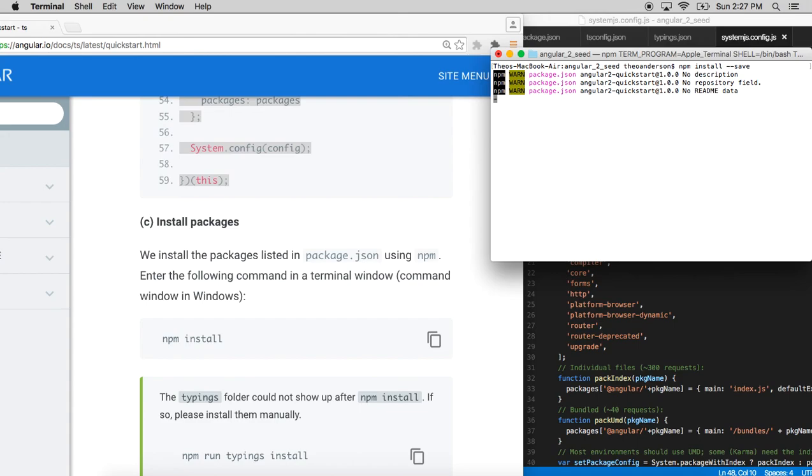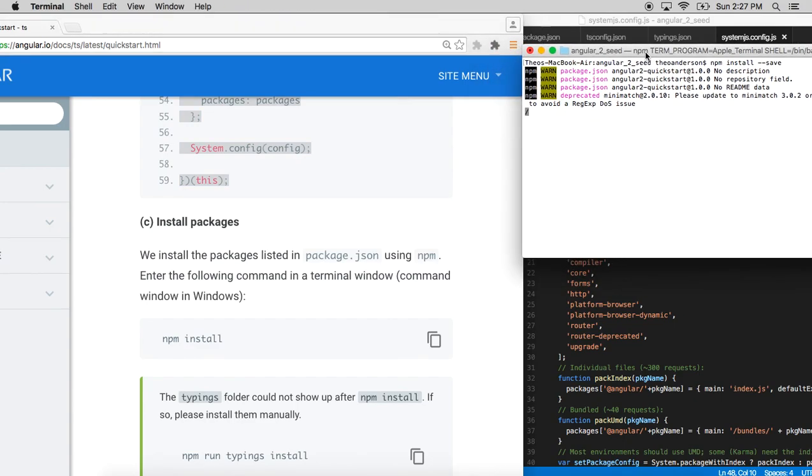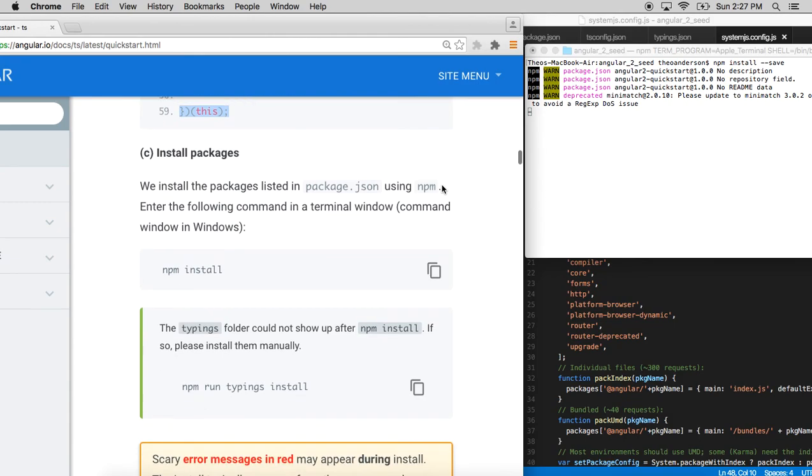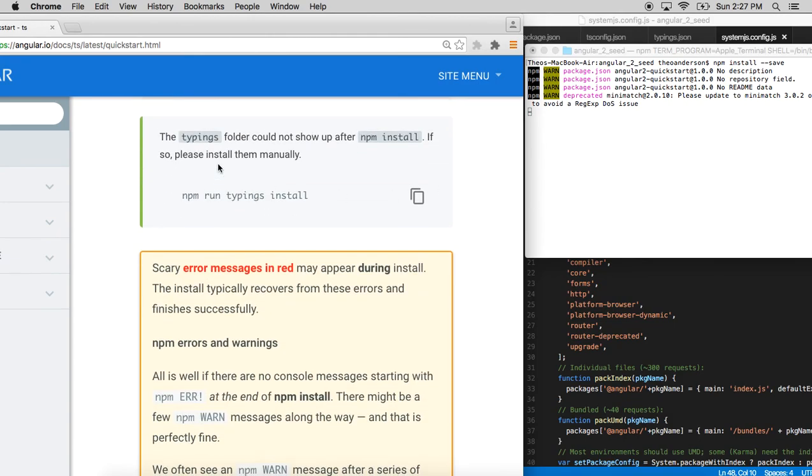We run this. npm warn. So basically, what this is doing, npm warn, is it's not really an error, but I think when it installs, it looks for a certain version. If it can't do it, it'll run it and give you the most recent, I think. So yeah, it's gonna keep installing, give that a little bit, and so I've never run into this typings error,